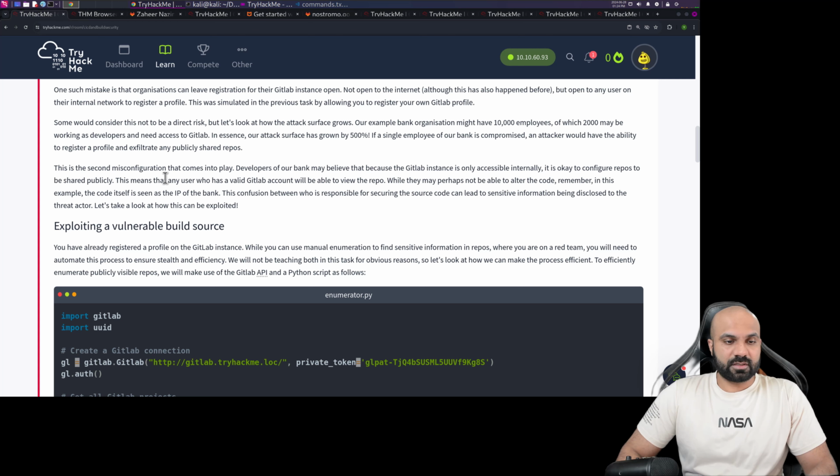This is the second misconfiguration that comes into play. Developers of our bank may believe that because the GitLab instance is only accessible internally, as I explained before, it is okay to configure repos to be shared publicly. No, it is not. This means that any user who has a valid GitLab account will be able to view the repo,